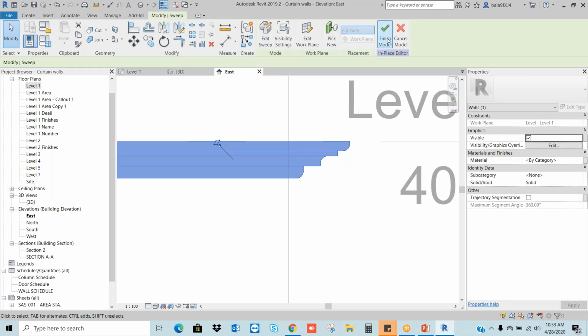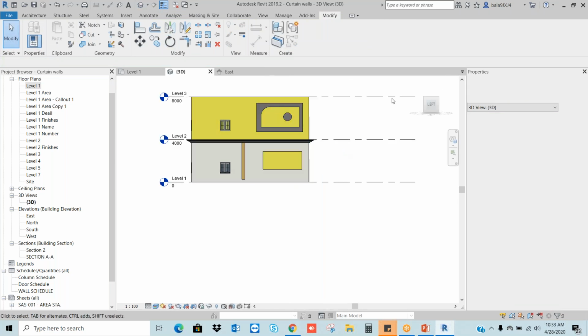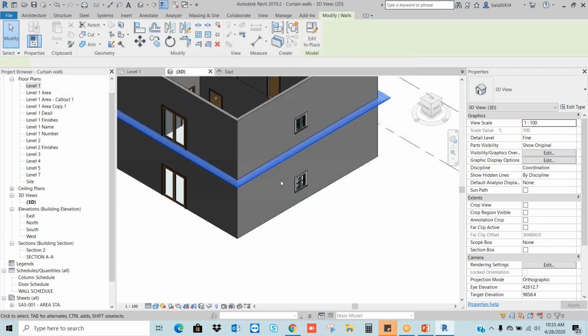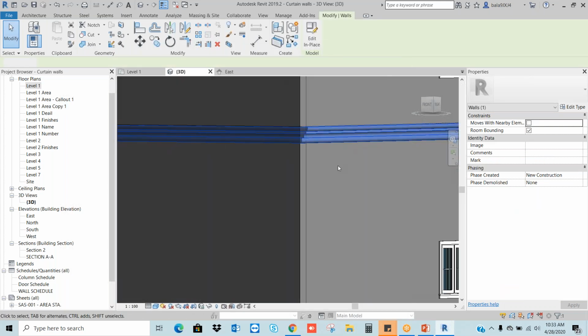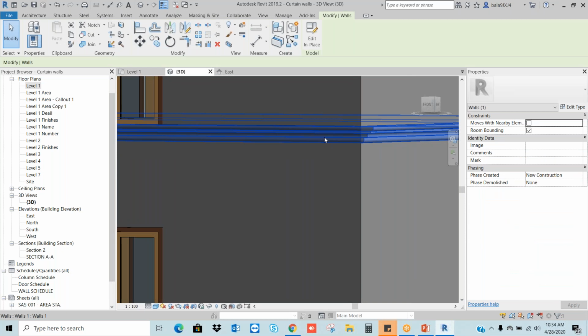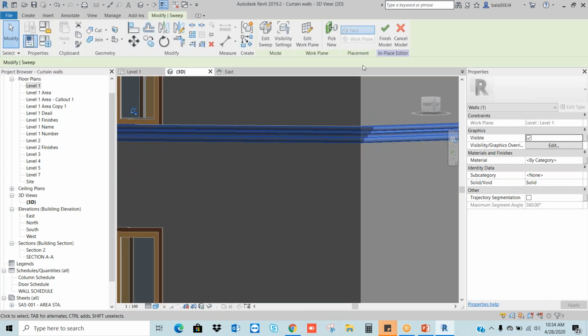Okay, again I'm going to finish two times. See, now see what will happen. This is my result. You understood what I've created. If I want to give a different material, select it, Edit in Place, select, okay, and go to the material.